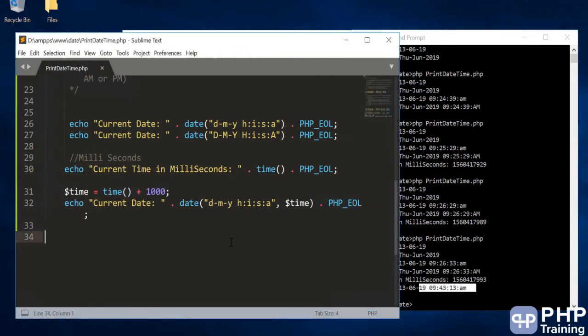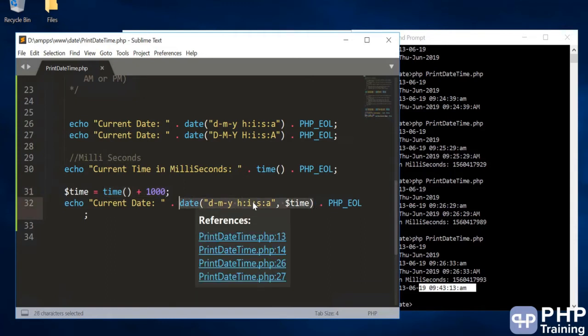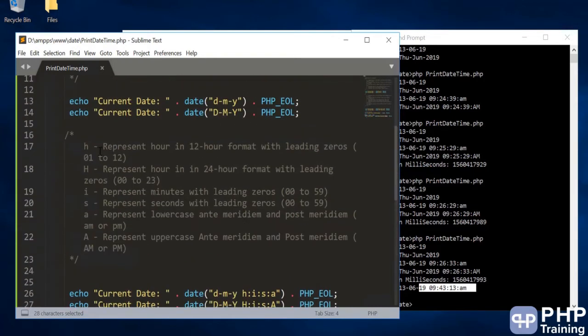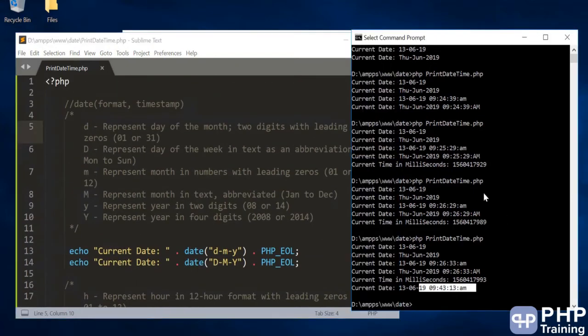If you want to increment the time, you have to play around with milliseconds, and you can add numbers to it and convert it back. When you display it, convert it back using the date function, with which you can do the formatting. And the formatting is very simple. They have short notation for time and short notation for date, using which you can actually print any time format that you want.